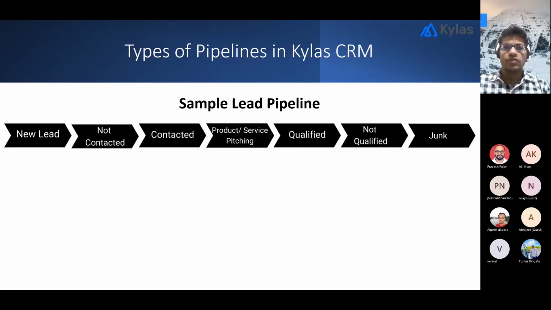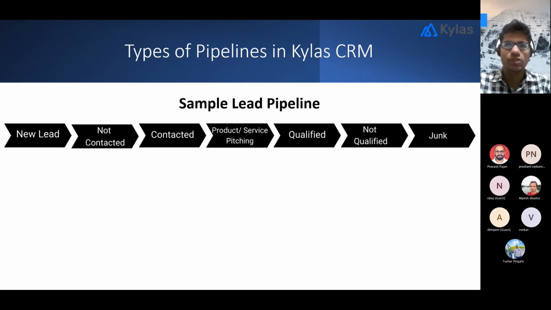Okay, so this is one example of a typical sales pipeline, a typical lead nurturing pipeline. Most of the time what happens is that we receive a lead from different sources like our social media campaigns or maybe cold calling, or there can be n number of sources from which we get leads in the system. Then the lead is created in the system but it's not yet contacted, right? Then one of our pre-sales executives would establish contact with the lead. That is the point when the lead can be moved in the pipeline to the contacted stage.